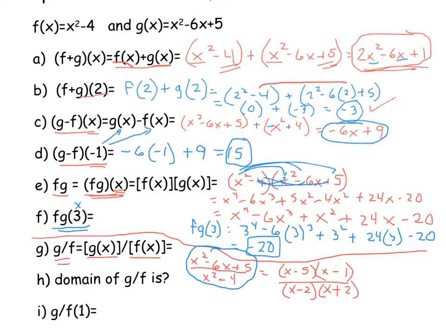Now, when you divide, that does lead me to a domain issue. Everything before this was a polynomial, which means its domain was all real numbers because you can fill anything you want in for x and get a y value back out. This one, on the other hand, has restrictions, specifically where the denominator is 0. So remember, that can't be 0. So therefore,